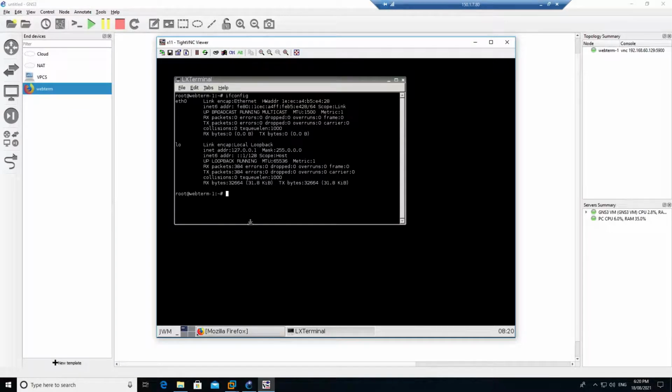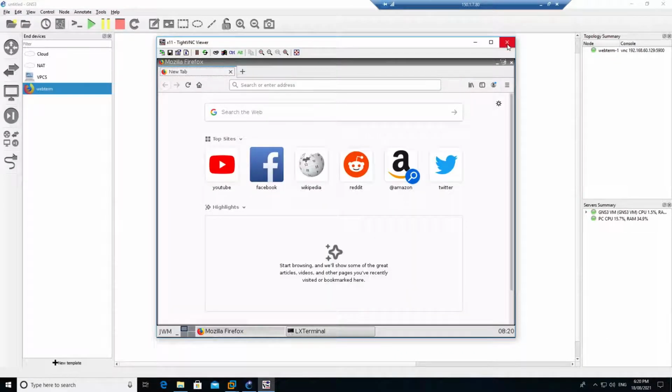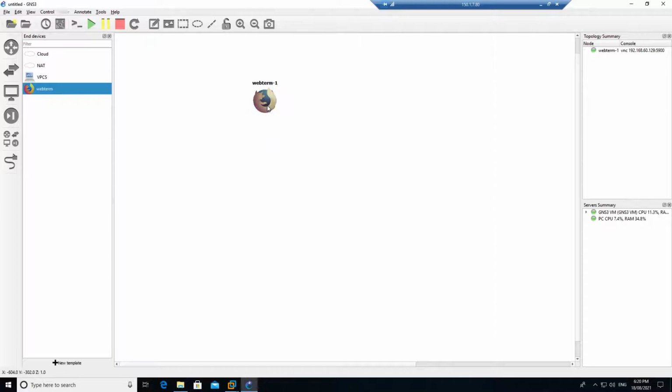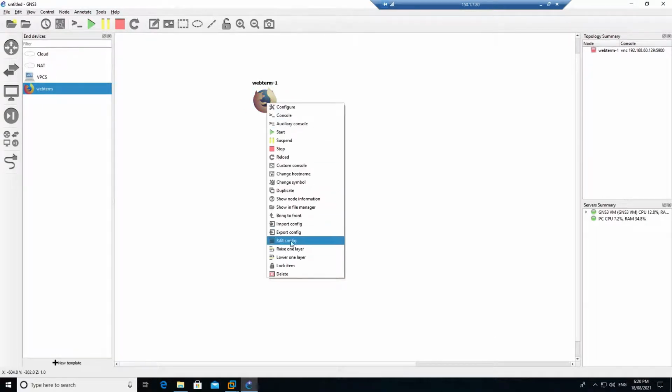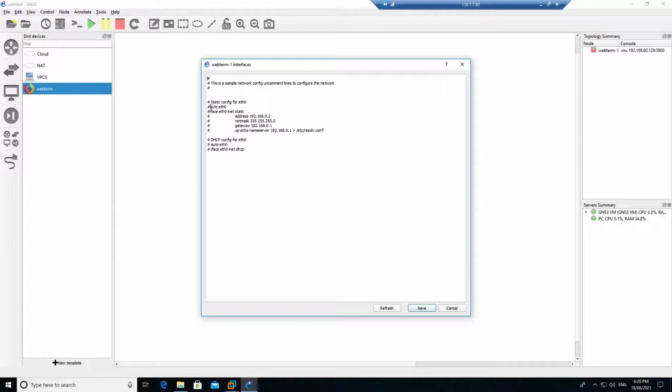If you are good with Linux, you can go ahead and assign the IP address over here. Or if you are not good with Linux, just close this one, turn off the device, right click and go to edit config and remove the hash values from here. You see that auto eth0.